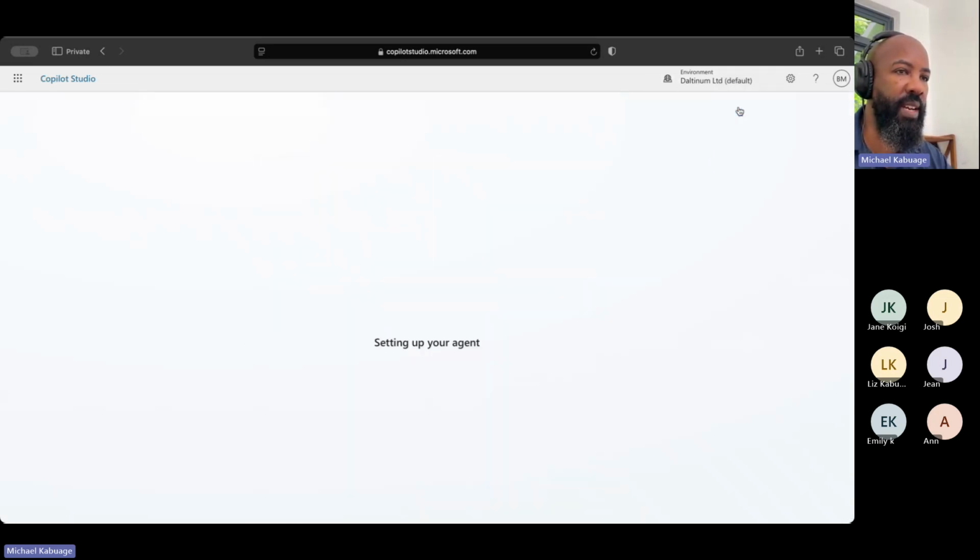So once I give it a name, I'll go ahead and create the agent, which will primarily just be a shell of an agent, because at the moment it doesn't have any functionality, any description, or any particular